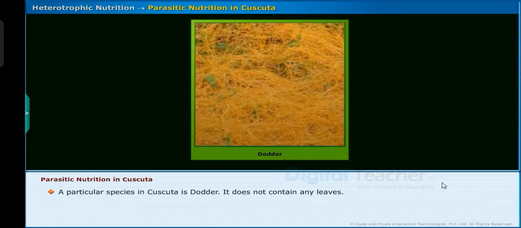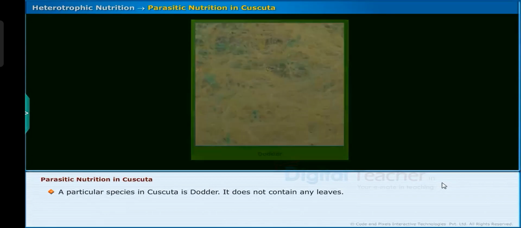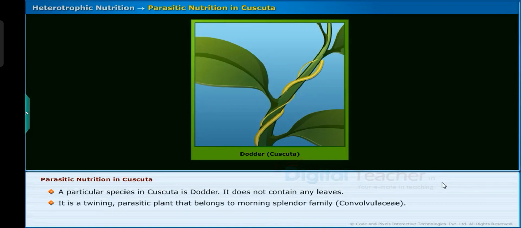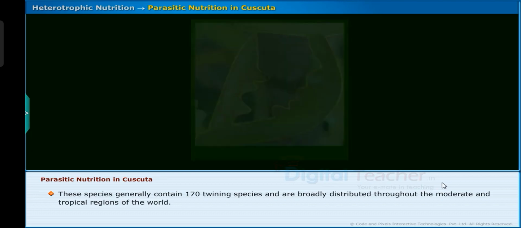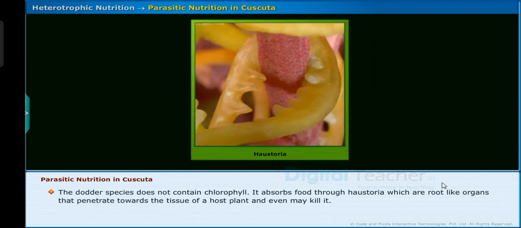A particular species in cuscuta is dodder. It does not contain any leaves. It is a twining, parasitic plant that belongs to the morning glory family. These species generally contain 170 twining species and are broadly distributed throughout the temperate and tropical regions of the world. The dodder species does not contain chlorophyll. It absorbs food through haustoria, which are root-like organs that penetrate the tissue of a host plant and even